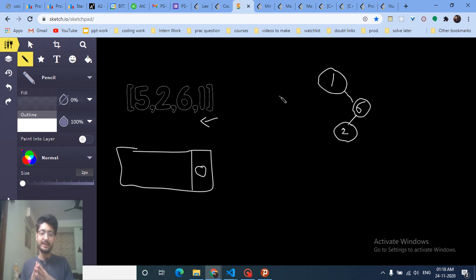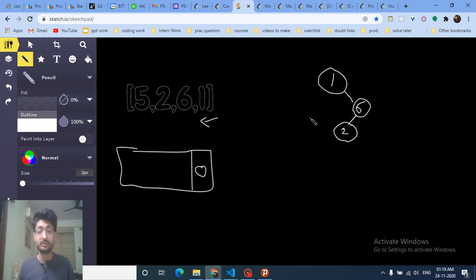Count means how many elements are on the left side of it, because the left side elements will be the number of elements smaller than the element here. And secondly, because we are moving from right to left, we only have the tree built till now, which has the elements from right to left. So if we find the numbers which are smaller than the current number till now, then it is obviously to the right side of it.